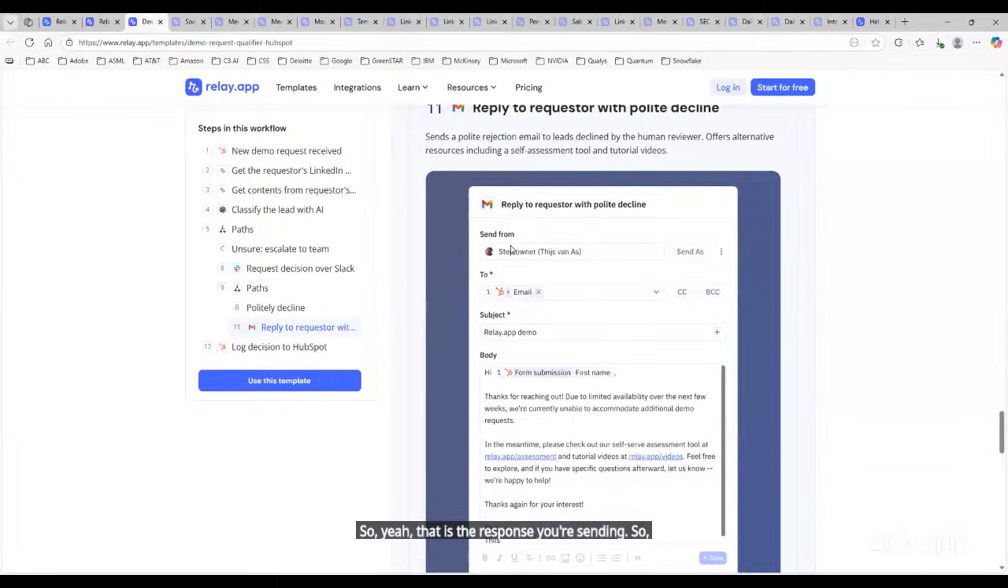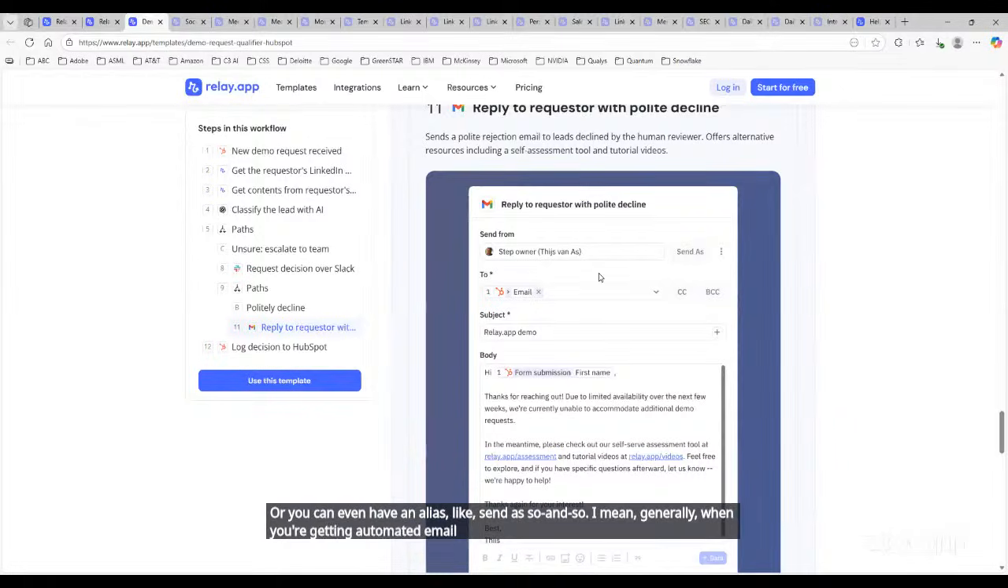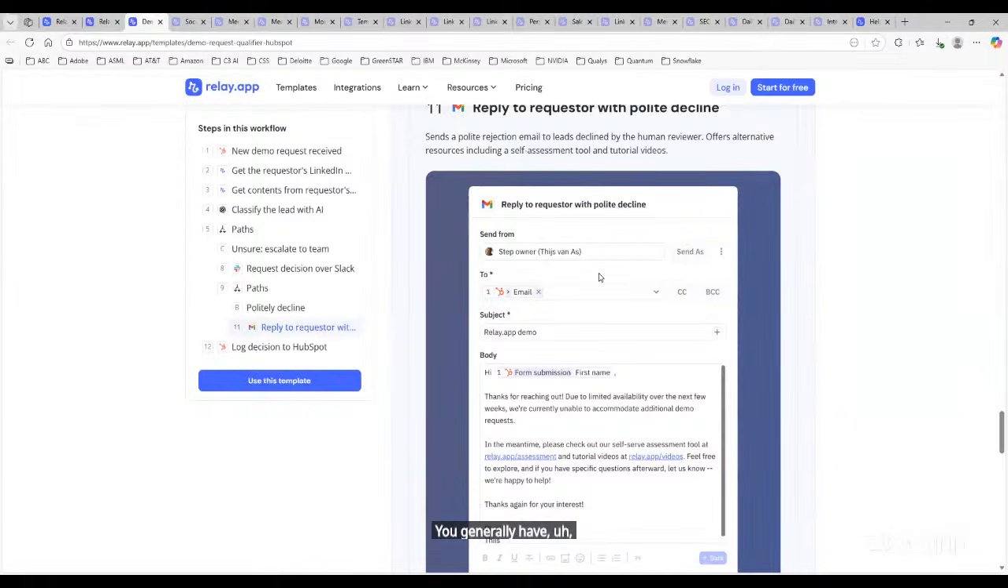So you have a template for this again, where you're sending it from whoever is the step owner, or you can even have an alias like send as so and so. Generally when you're getting automated email or acknowledgements, you have no-reply at abc.com or whatever the domain is. And the to address is the email address from where the request has originated. The subject is the demo that they have requested. And you are responding saying that